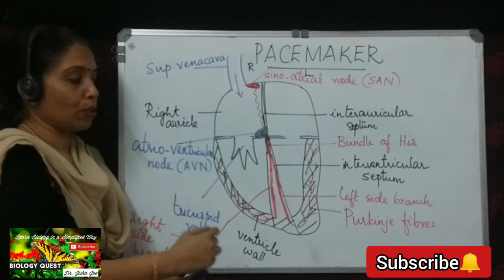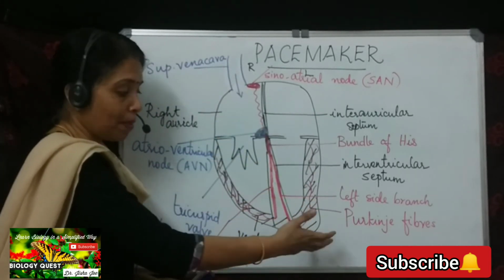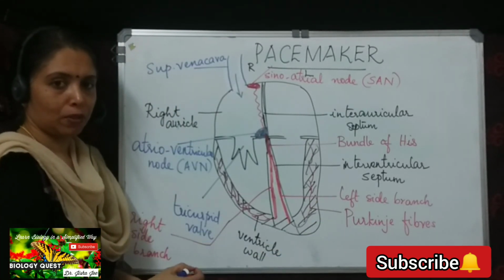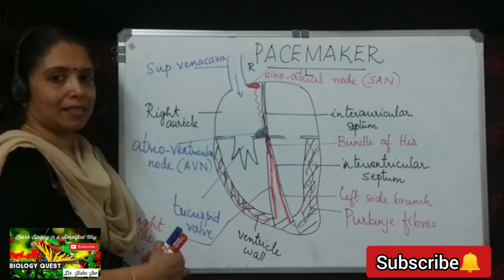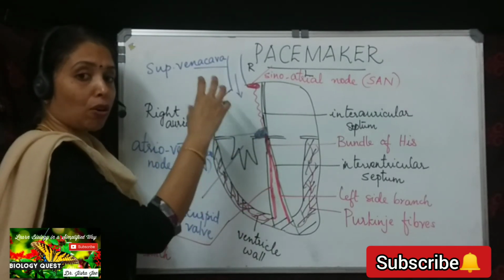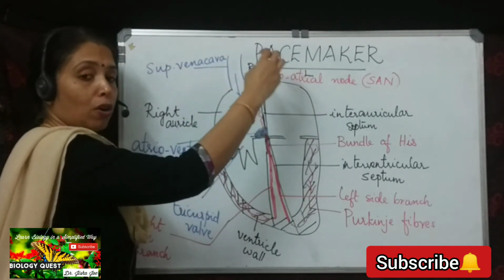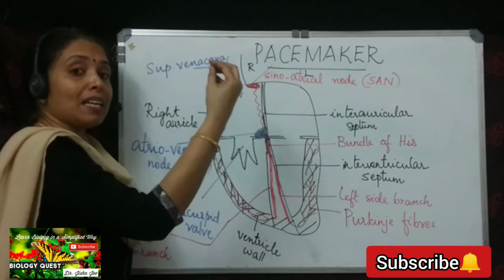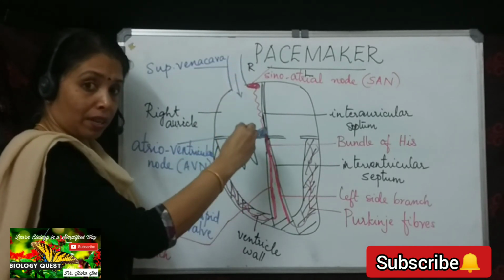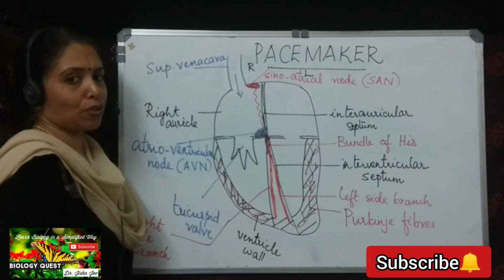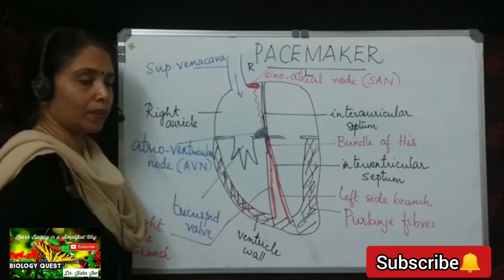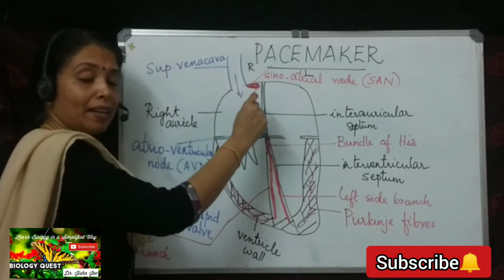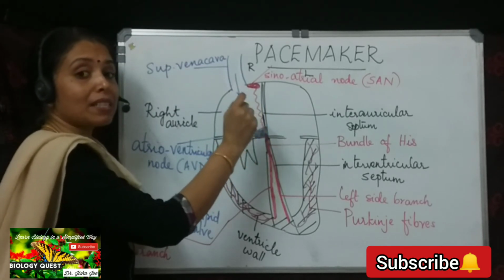So this is how the impulse or the command which originates at the pacemaker is transmitted to every part of the heart. And we know the contraction of the heart is maximum at this narrow end of the heart. So what are the different regions? First, the command originates at the pacemaker or the SAN, the sinoatrial node. Where is it located? On the inner wall of the right auricle, close to the opening of the superior vena cava. What is the function of the sinoatrial node? It is the region where the command for the heartbeat arises.